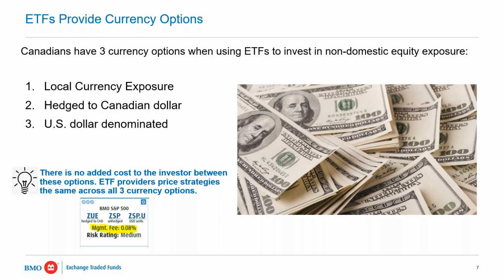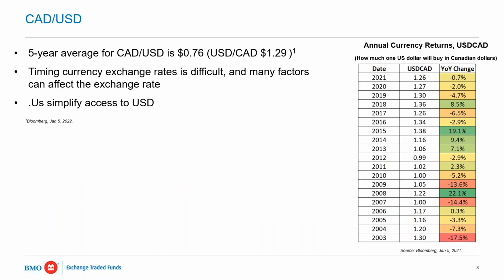And what's great about these currency options is that not only can investors tailor their portfolio exactly to the currency exposure they prefer, but they're not paying an added fee for it. If you look at ZSP as an example, BMO's S&P 500 ETF, across the board, all three currency options, you're charged the same management fee. And I think this is a really great benefit, especially when you think about, Chris, I know you work on the hedges and rolling those over every month and the work involved in managing that kind of portfolio, but the fee remains the same. So just another great benefit to highlight there.